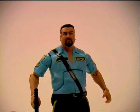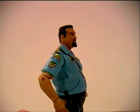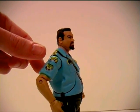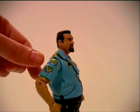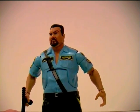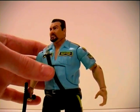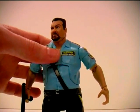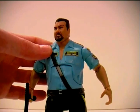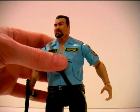Fairly decent likeness of the Big Boss Man, and a heap of detail here. My camera probably won't allow you to read this, but the badge here is incredibly detailed on the shoulder. It says Sheriff's Department. Has Big Boss Man on his pocket there, and even more detail if you look at his chest peeking through the shirt. You can see they've done a kind of splattering of hair detail there on the chest,